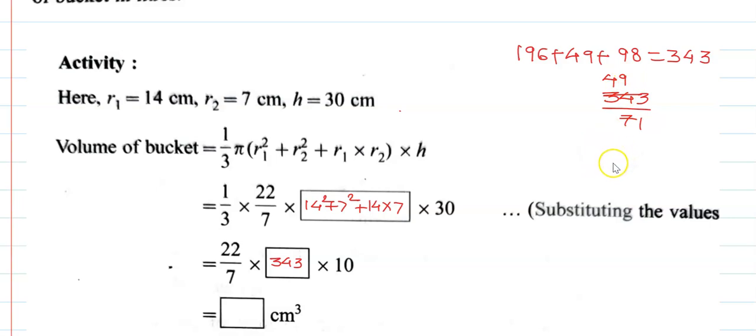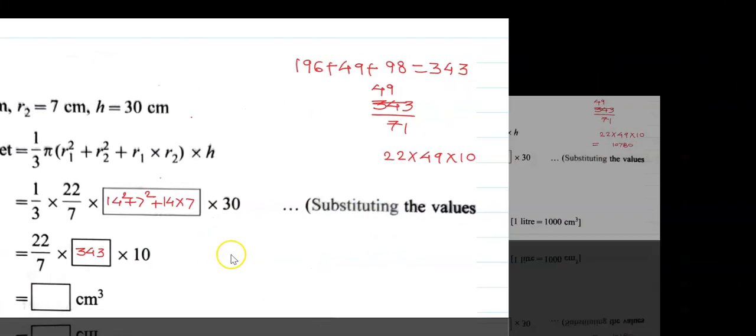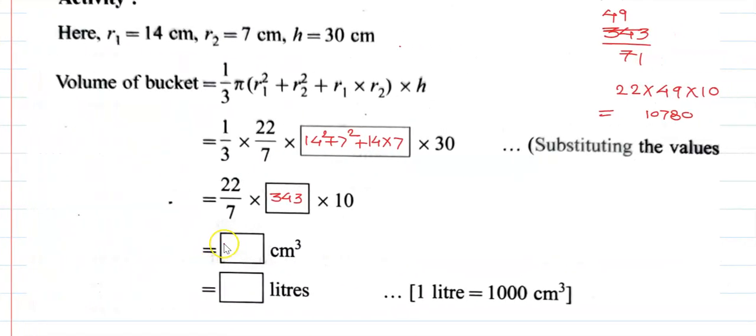Therefore you will get 22 into 49, and last is 10. Simplify this, and their multiplication is 10,780. This is in centimeter cube, but 1 liter is equal to 1000 centimeter cube,